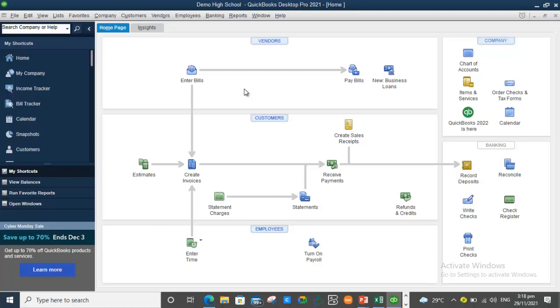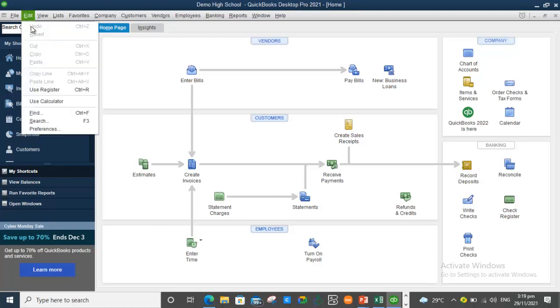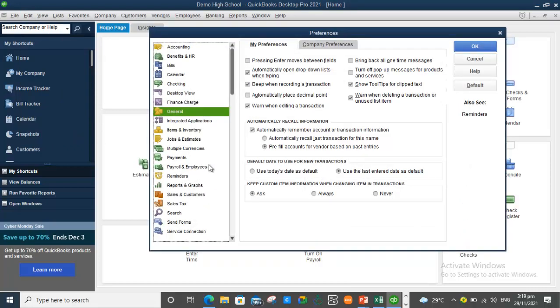But there is something missing from that flow chart that we need to enable, and that is creating purchase orders, because as you can see where vendors are concerned, the process starts at entering bills, right? So we need to enable purchase orders. So the process will start at creating purchase orders. So you are going to go to edit, and you are going to go to preferences, and you are going to go to items and inventory,